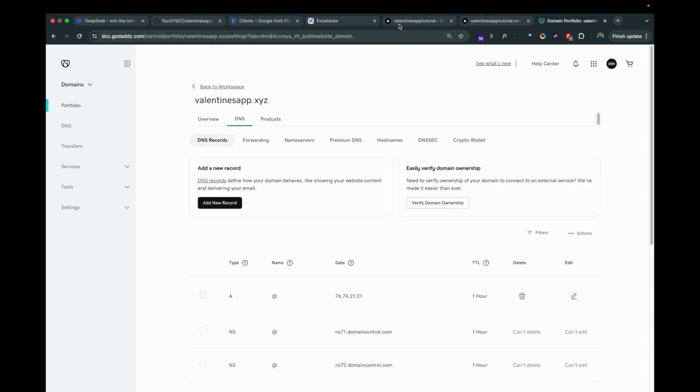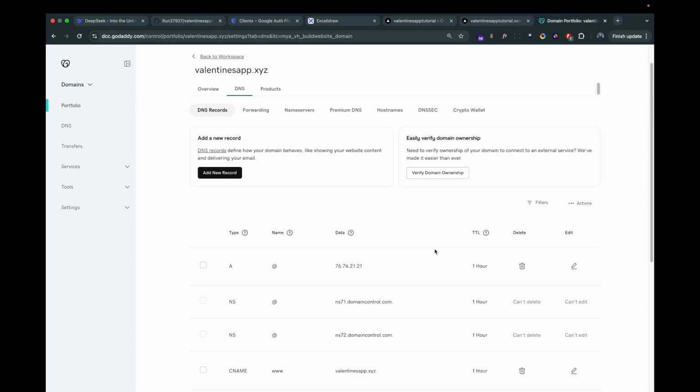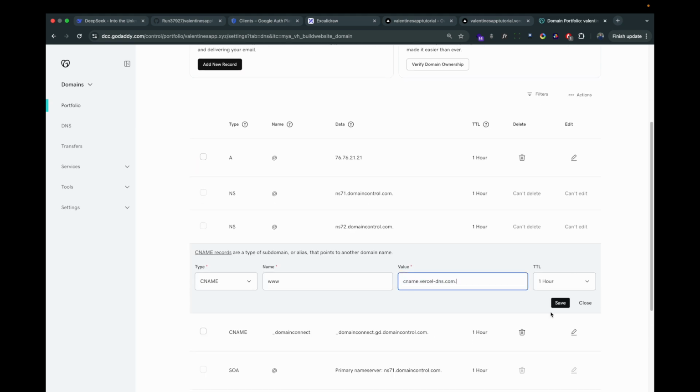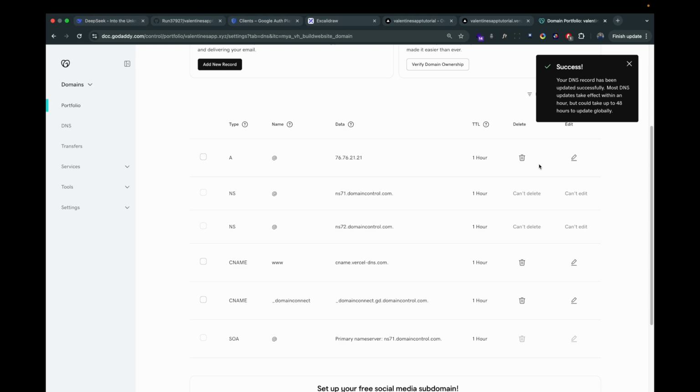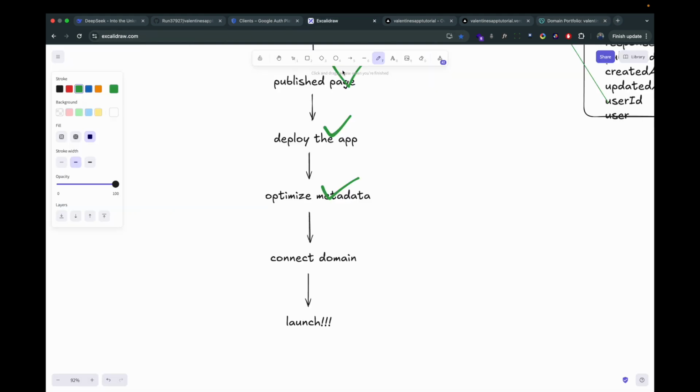And also let's go back here again and grab the value for the CNAME and update it in our dashboard as well. So CNAME, and save that. It's going to take a bit of time, so just be patient and wait for it to be updated. And while we wait for that to happen, we can check off this step